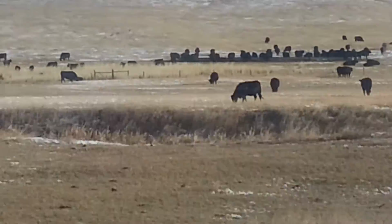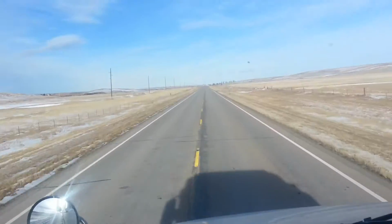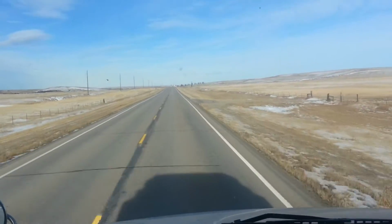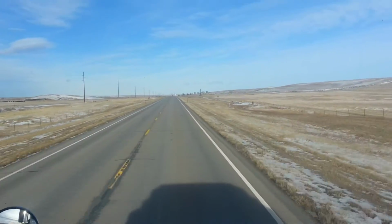Wow, look at these guys. Thousands of cows. Well, that's good. And of course, guys, about safety, it's always best if you I know it will take a lot longer. For example, I'm going 50 miles an hour right now, and